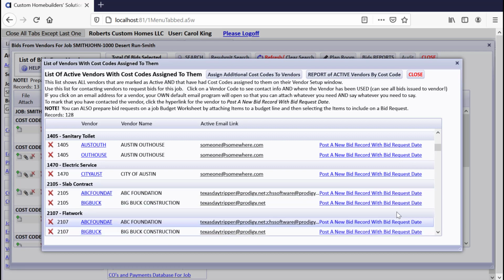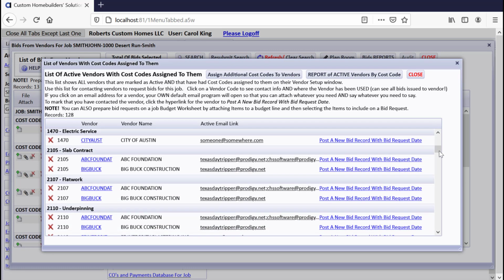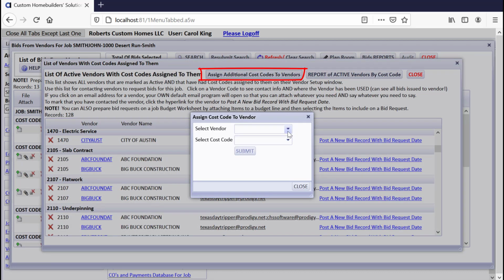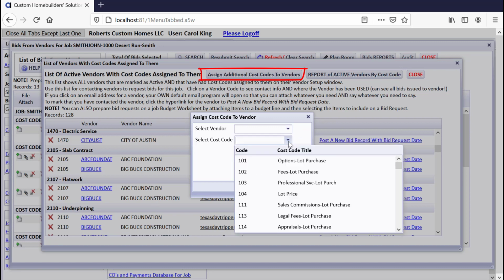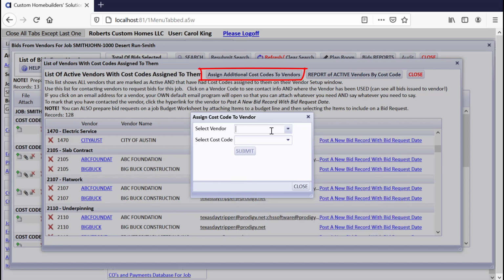Big Buck's also showing up as one of the vendors for flat work, and so if you're going to request a bid and post a new bid or set up bids, you'll be using lists like this that show what vendors go with whatever cost center you're working on. So in slab contract it would be this. You can assign additional cost codes from here to a vendor, but of course you need to select the vendor first, like Big Buck or somebody, and then select another cost code to assign to them. So if I did Big Buck,